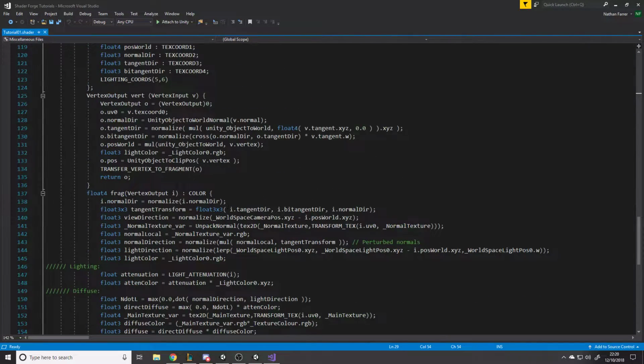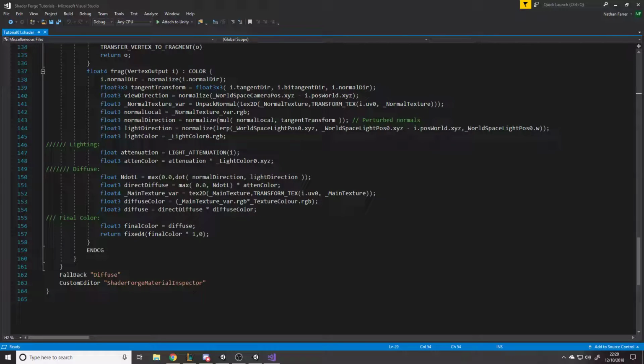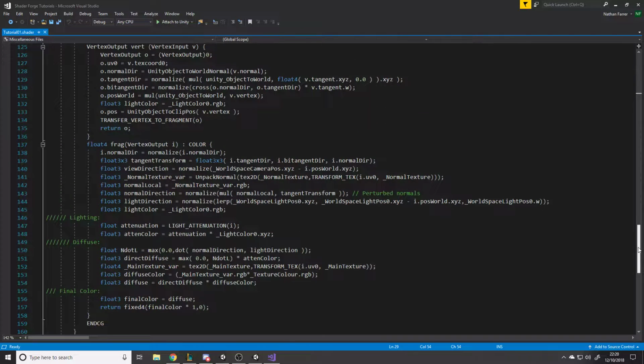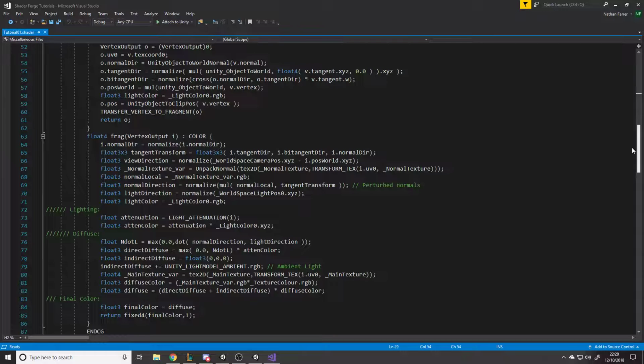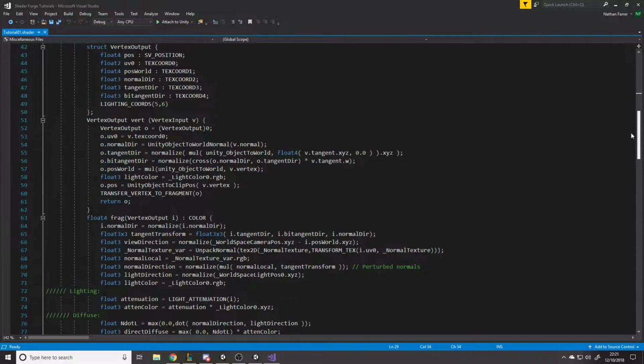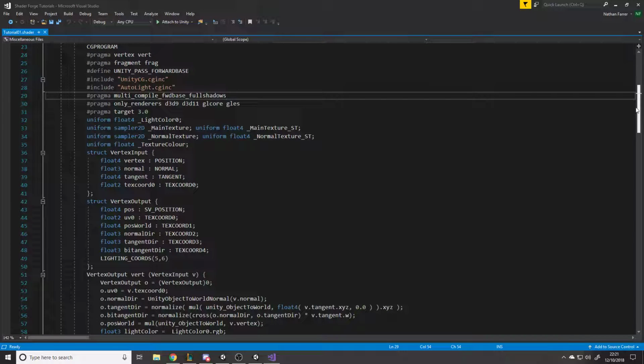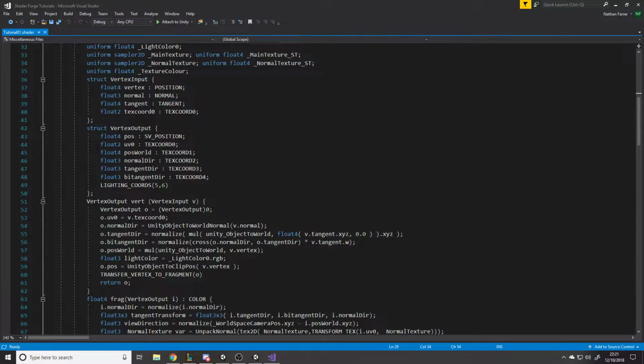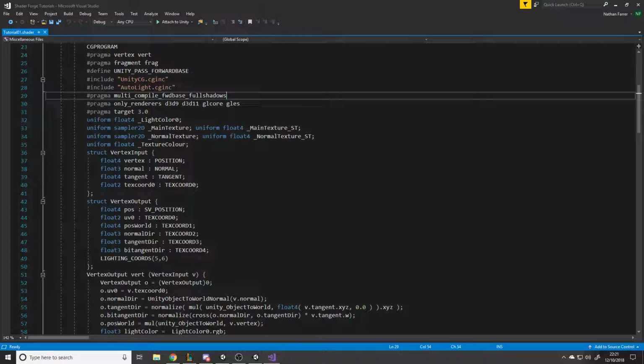Now, obviously, this is to do with lighting, because we used a default lighting. We used a pre-made lighting calculation rather than making our own, because obviously you can make custom lighting, where you make the object read lighting in a custom way to get your own stylized lighting effect. But as you see here, I'm not going to go through every line right now, I don't have time, but